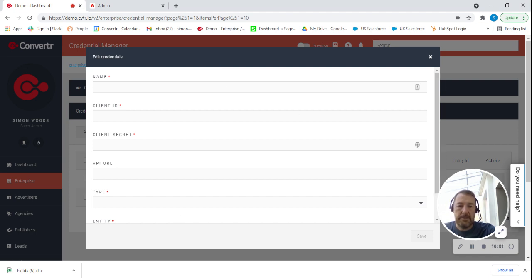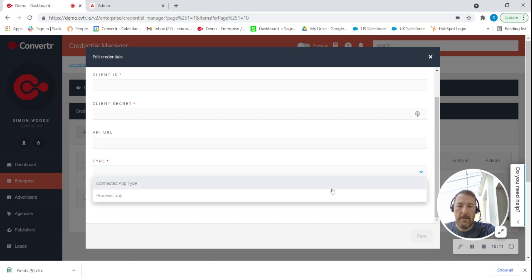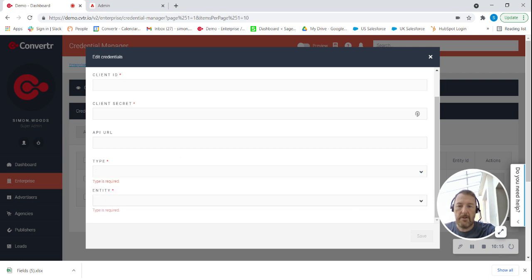So if you look at entity here, you can see we have a connection app type or a processor job type. So if I click processor job,